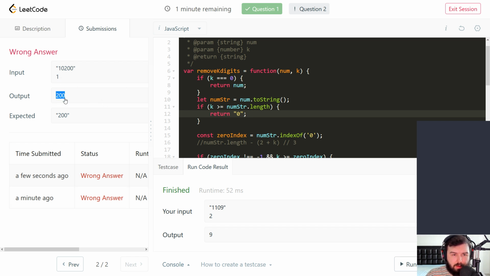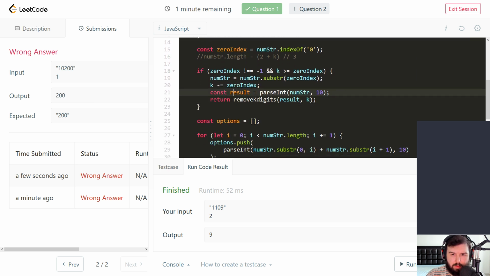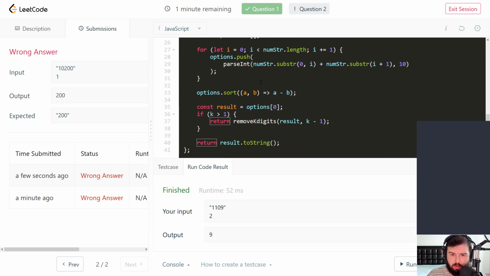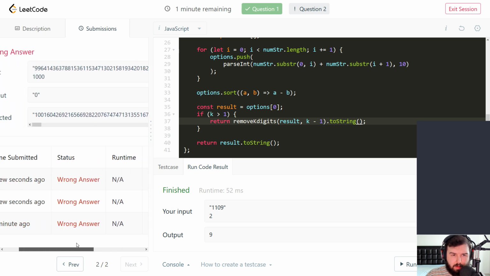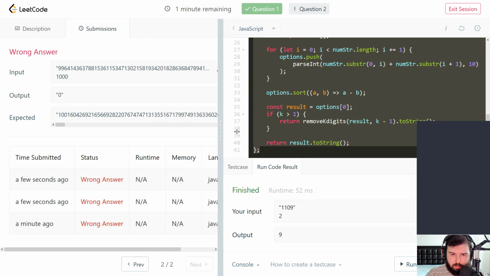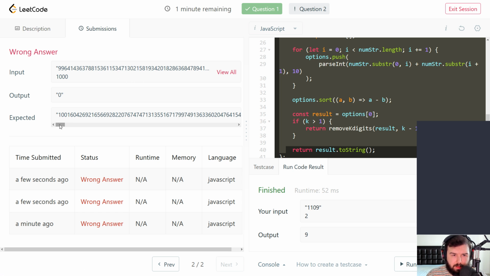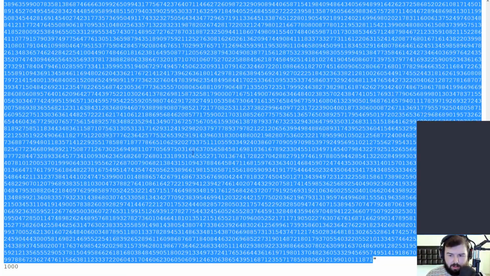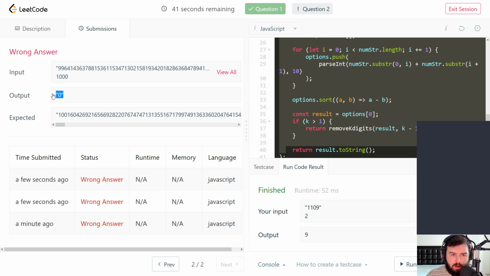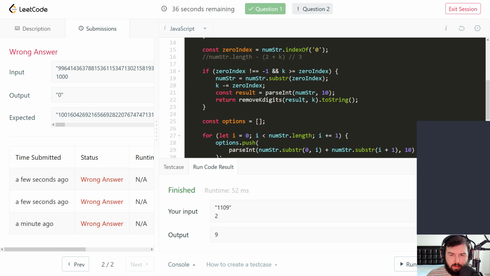I just need to add the toString to all returns. toString. Why? So we have a lot of numbers here. I copy our code, and we need to remove a lot of them. I'm not sure why it fails. Obviously it has not 1000 but fewer numbers. I mean there is much more than 1000. But our output is 0. So it looks like for some reason